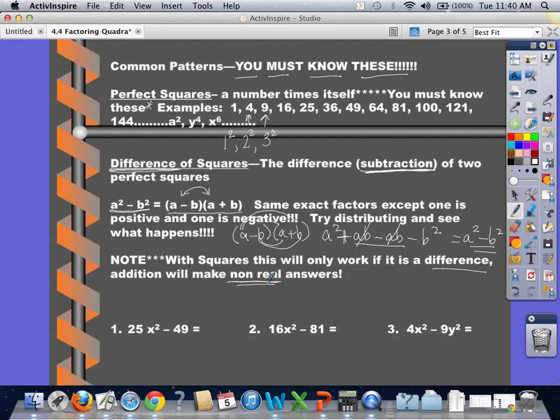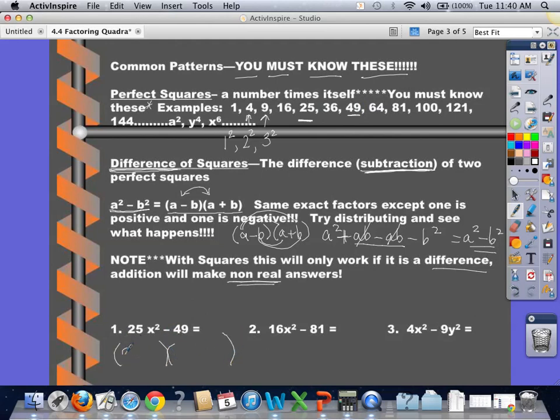All right, so I have 25x squared minus 49. First, you want to see if there's a GCF. There's no GCF. Then you want to see is 25 a perfect square. Yes, 25 is a perfect square. x squared, that's going to be easy to split up. And then 49, that's a perfect square. And do we have a difference? Yes, we do. So we can go ahead and split these up